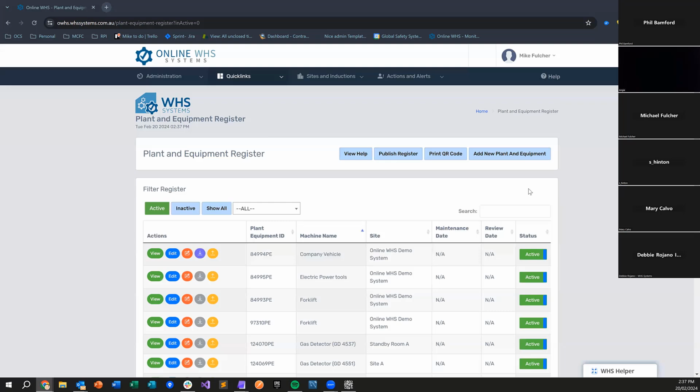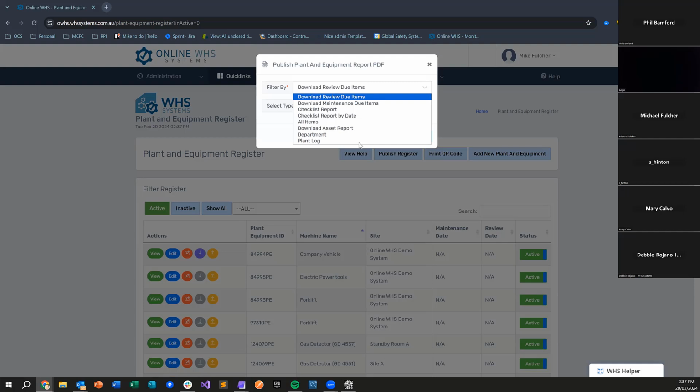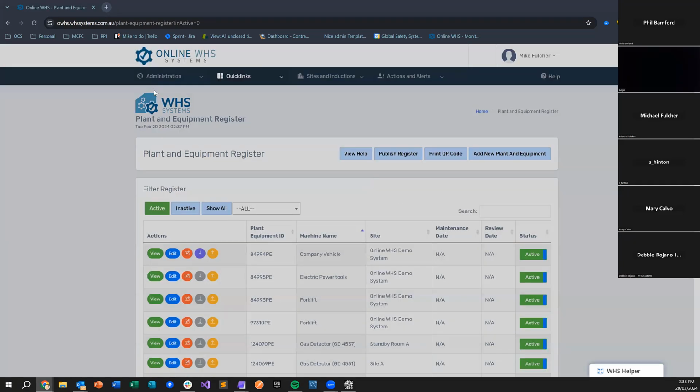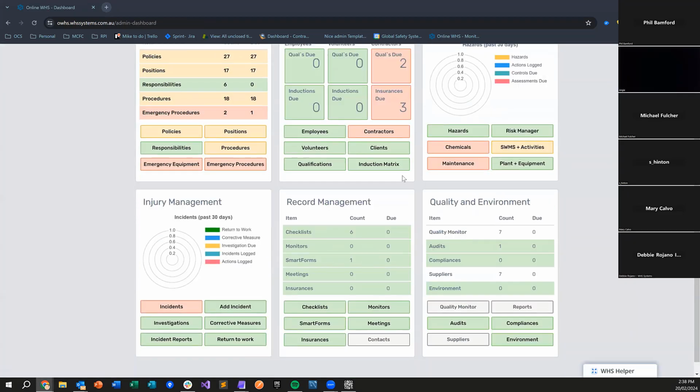Likewise, the checklist type is used when you export this register. If you publish this register and you export all of the checklists, either all of them of all time or by date, that's how it comes through to you. So if you've got a checklist of type risk assessment, you might want to say, I want to see every single risk assessment which has been done in this quarter. You might say to your people, I need a risk assessment done for every single bit of plant and equipment per quarter, and this is how you would monitor it here. So that comes down to checklist categories. Okay, so